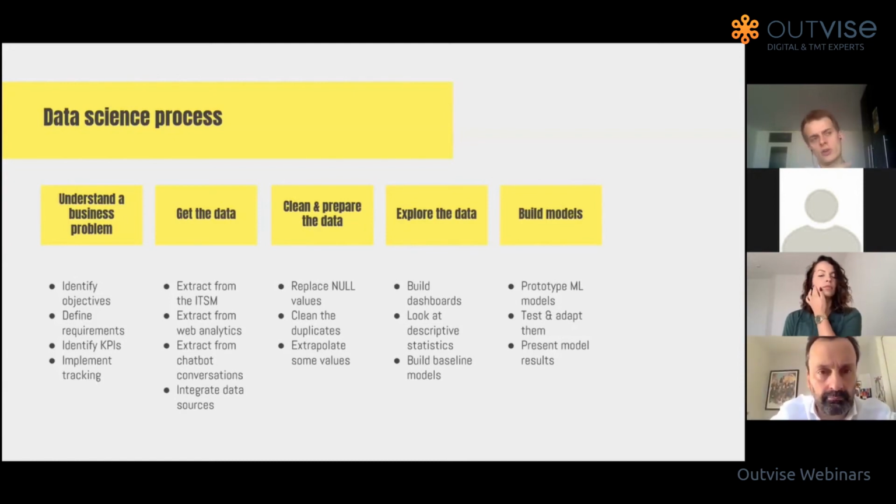I'm trying also to refer to the question from the Outvise forum that I received a couple of days ago about the cost of data science projects. This is the variable part of the cost, because it's hard to estimate how long it will take and how much effort you need to invest in there. Also, it's the part where the infrastructure costs are not exactly clear, because to train the model, you need to use compute capacity, often in the cloud, even if it's a private cloud on your premises, and that costs money. So this is the part that is relatively hard to estimate.